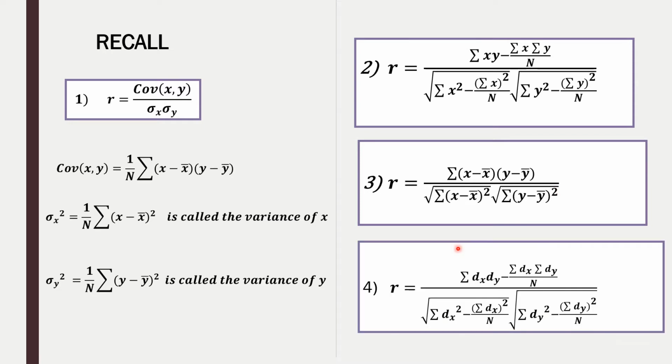The third method was assumed mean method. So dx is defined as x minus the assumed mean. We assume one number to be the mean and then we take dx to be equal to x minus that particular mean. And then r is calculated by using the formula summation dx dy minus summation dx into summation dy upon n upon sigma x sigma y formula. Okay. So we had three different methods of calculating the Karl Pearson's coefficient of correlation. Only thing, r value should lie between -1 and +1.